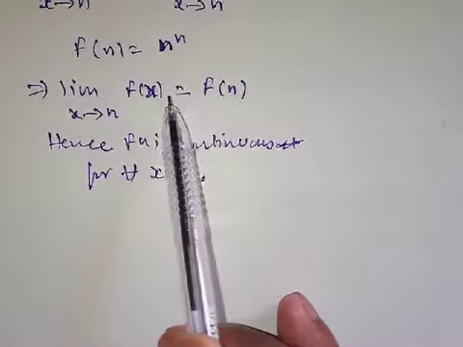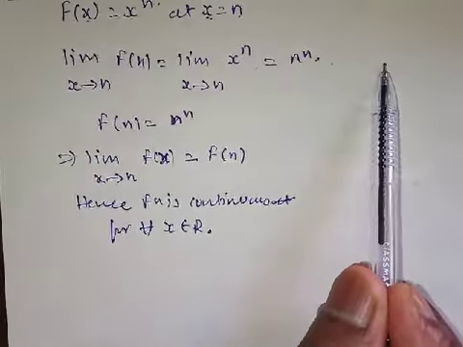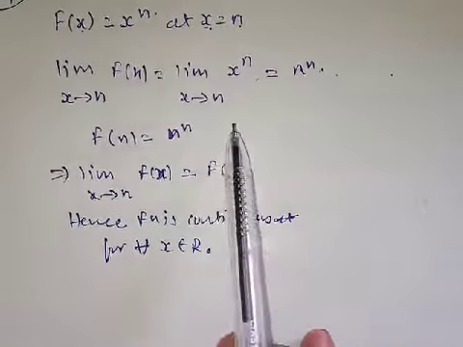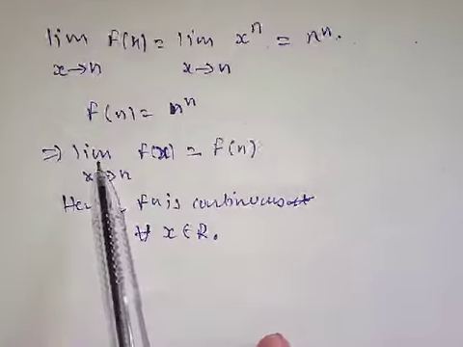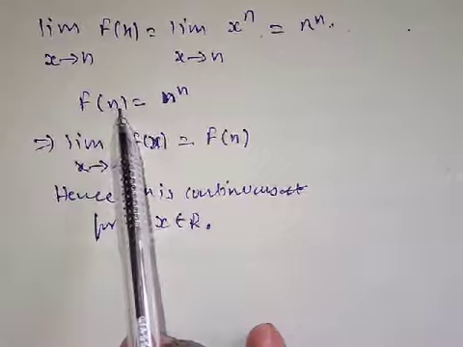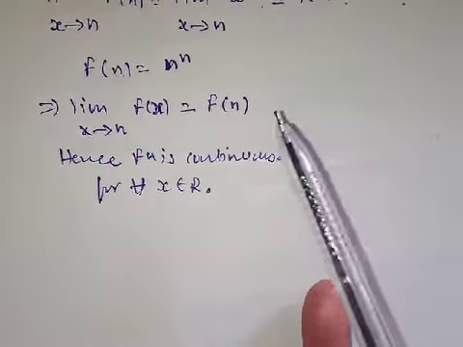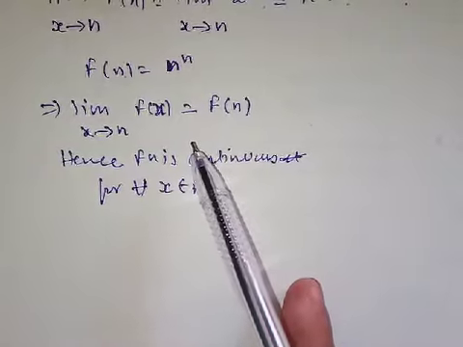Here you can directly write this also, which is equal to f(n), and say that. Or the second method is you take out the value of f at c, and prove that. So there are two methods in this also. Now let's move on to the second definition.